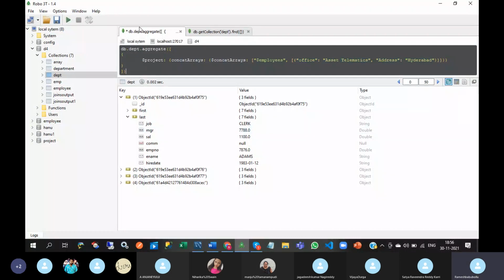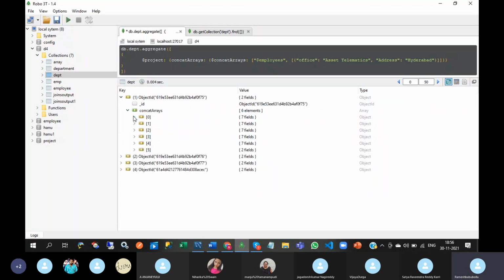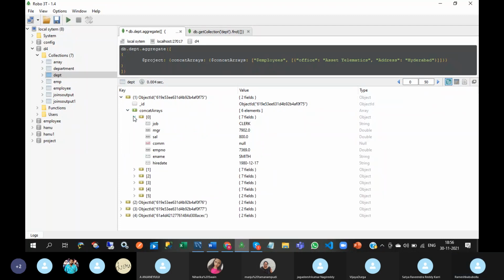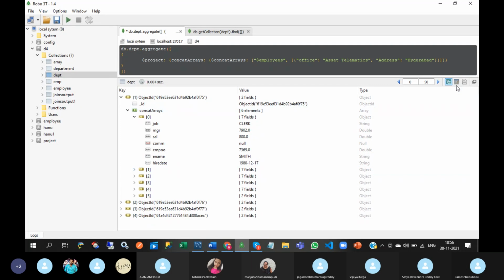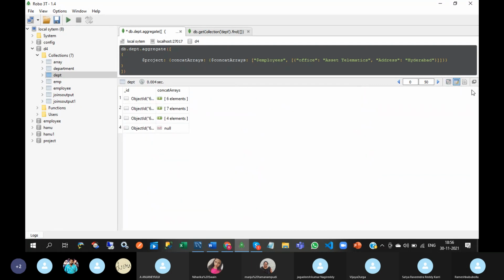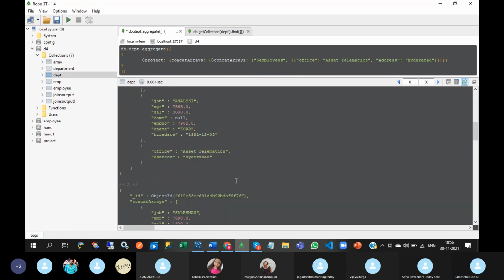One is the employee array and another one is this array. See, concatenate arrays. Here, this one is concatenated to the existing employees array, at the end of this array.